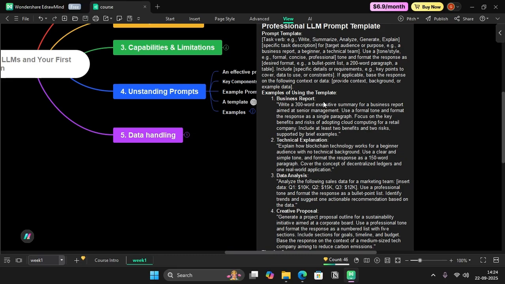So this is something like a more matured prompt rather than just saying, hey, we run a retail company and we want to adopt cloud computing, tell me what are the risks. So this doesn't make sense. And using this template and formatting your prompt as per the template might yield better results. Another example, a technical example, is explain how blockchain technology works for a beginner audience with no technical